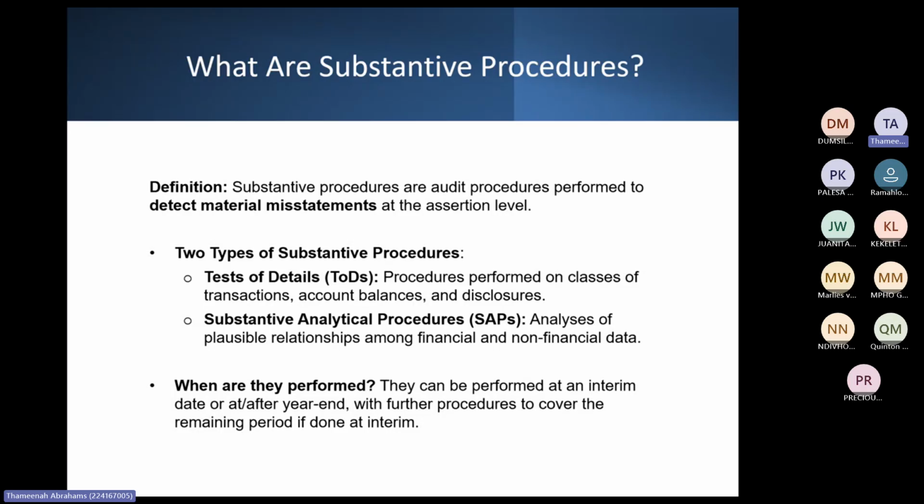Then there's something called substantive analytical procedures. Like I said, I think it was on Friday when the student asked me what's the difference between the two. There you would analyze plausible relationships among financial and non-financial data, meaning, for example, revenue, you look at the growth month to month or the growth year on year. So for example, if you're on an audit team and your audit client tells you that we have this new product and we anticipate we're going to have a 20% increase from prior to current year, that is then the auditor's expectation, that there should be a 20% increase year on year for revenue.